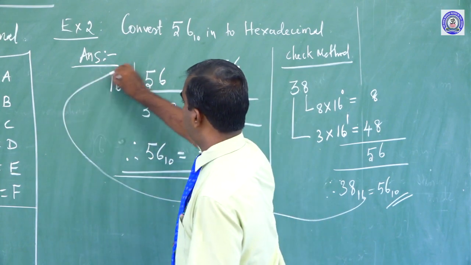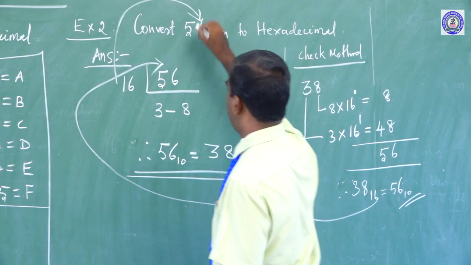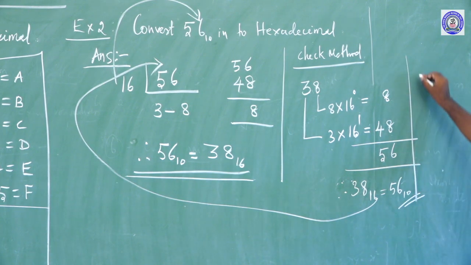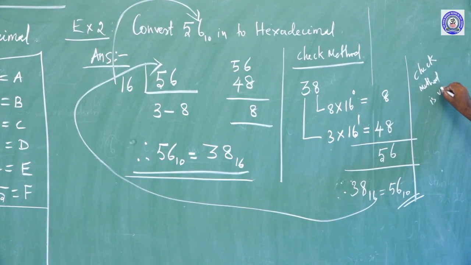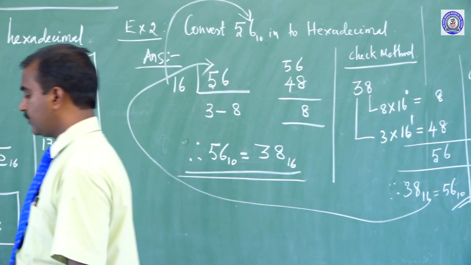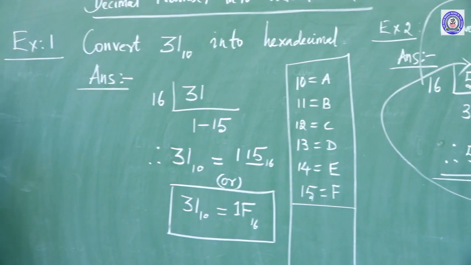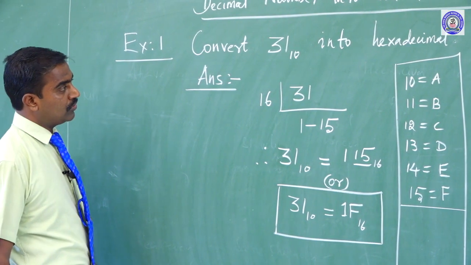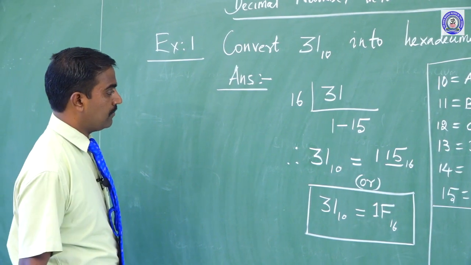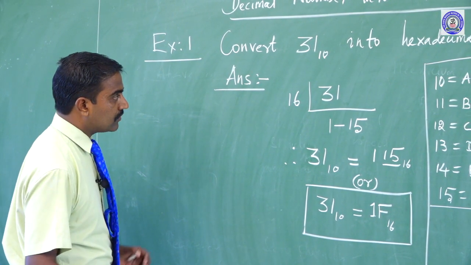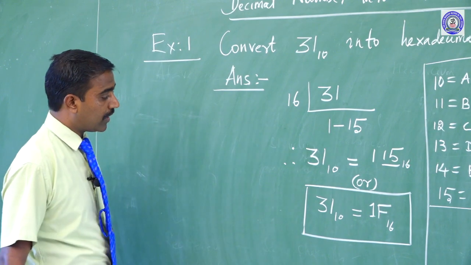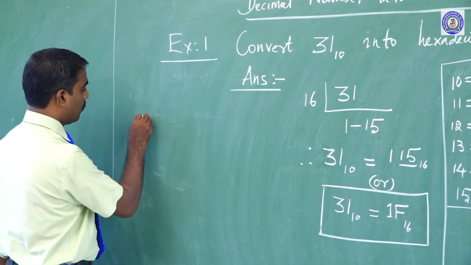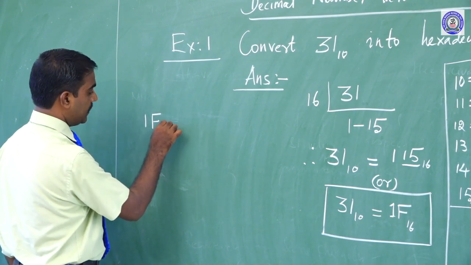Come on, you check. This is the question. So the check method is verified. Okay, yes, the same method also. Again once more, is this answer correct or not? How can we check? Okay, this method also we will do the same. Another sum I will tell you. This method, just simply before the sum, is this sum correct or not? How can we identify? The given value is 1F base 16.